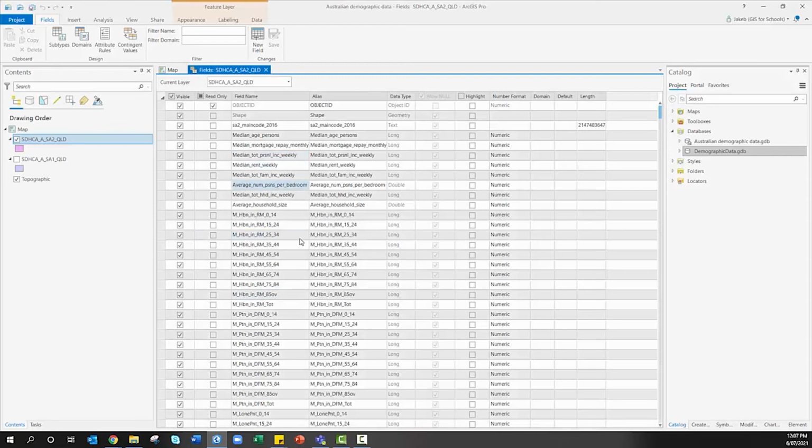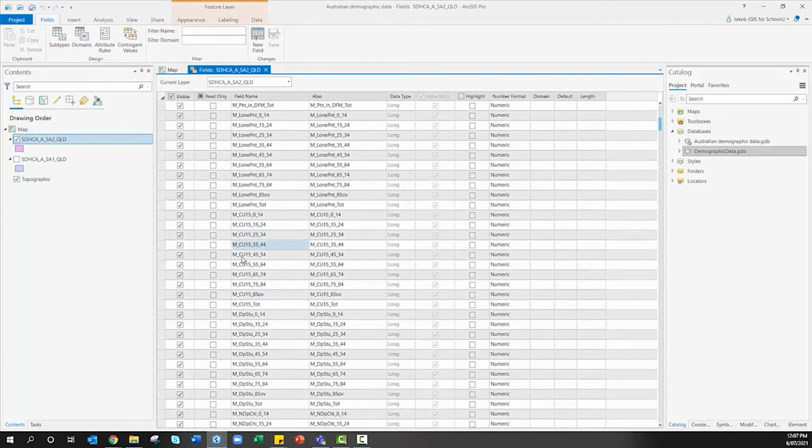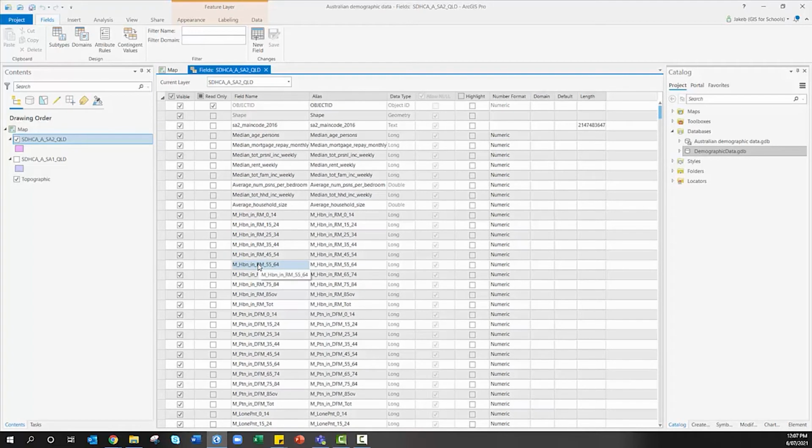And this brings up all of the fields in the data set. You can see that I've got lots of these MCU 15s. It might be that I need to open that Excel spreadsheet and go through them slowly and work out exactly what I want. Now, first thing I'm going to do is rename some of these so they're